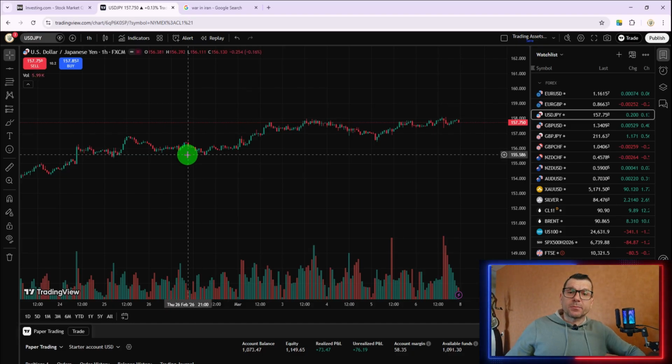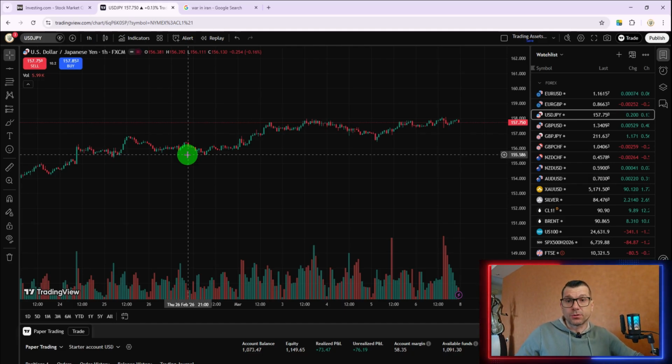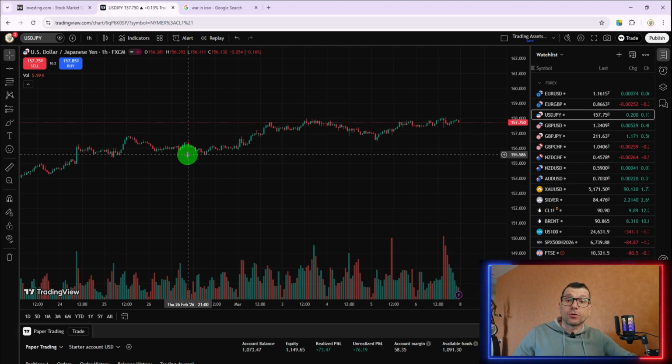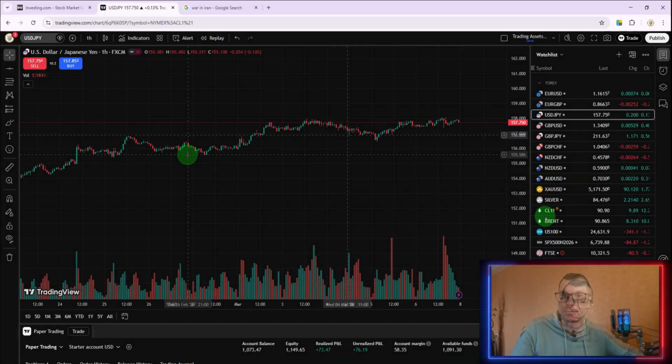Let's say when something happens in the market, a war or any other tension, the US dollar starts to act as a safe haven as well, because the majority of assets are quoted in dollars. For example, gold is quoted in dollars, silver is quoted in dollars, Bitcoin is quoted in dollars. It means that in order for someone to buy those assets, they need to exchange their currency, they need to buy dollars. And that's why the dollar usually goes up a lot once that happens.